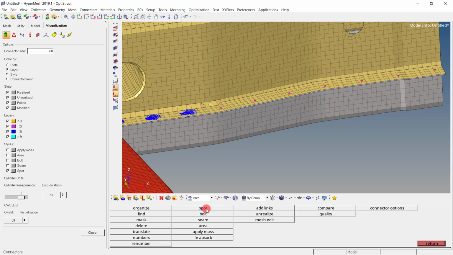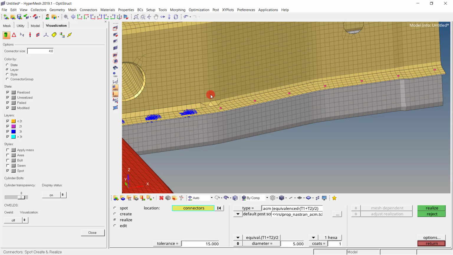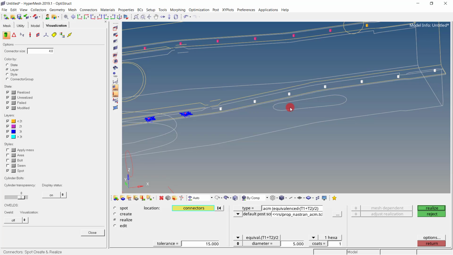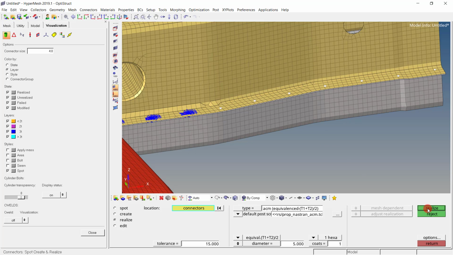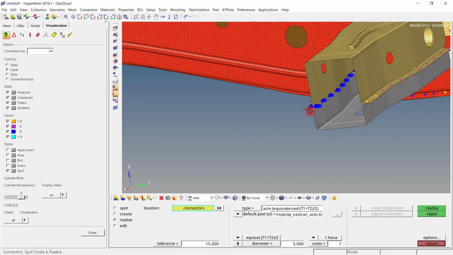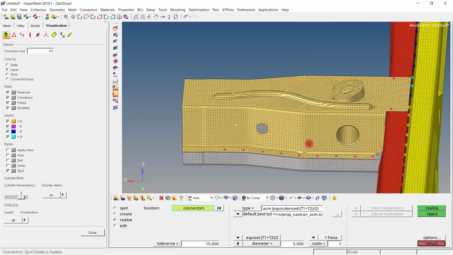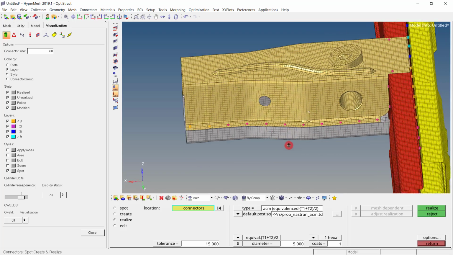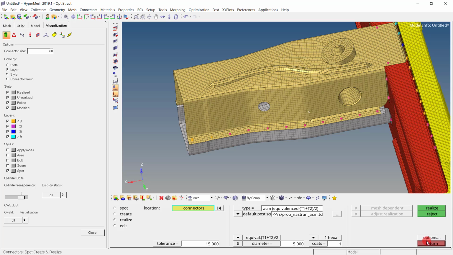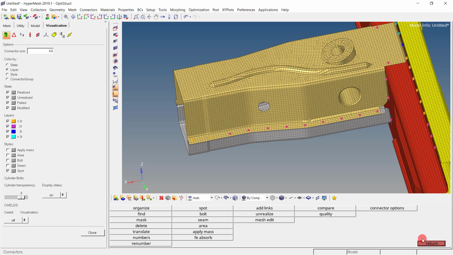Again go for realize, go for spot and simply select these connectors. And go for realize. If you observe in the status bar, you see 7 connectors have realized. Same thing you can do with the other connector also. But it is my standard practice that I always add the links first and then realize them, because it is a simple way.